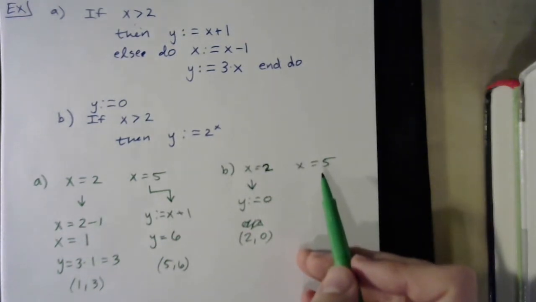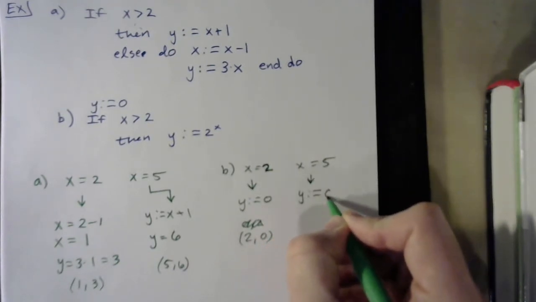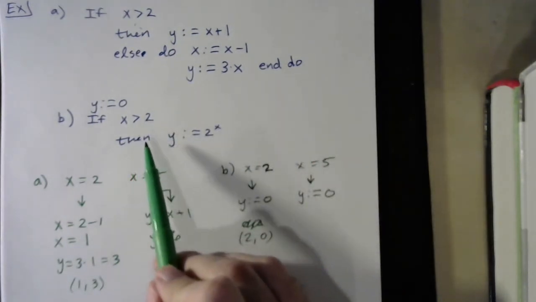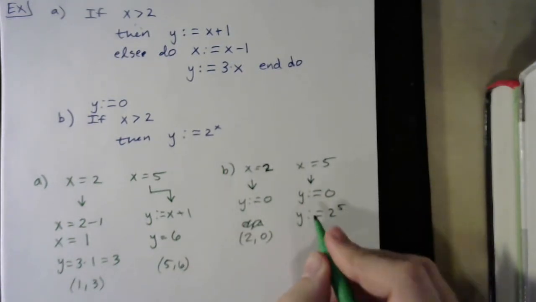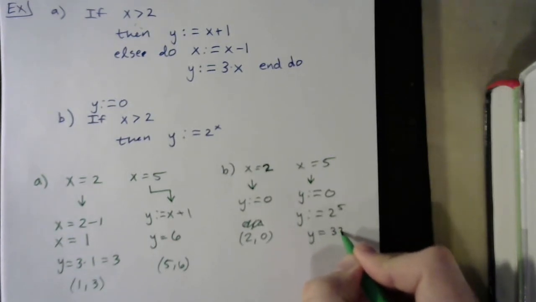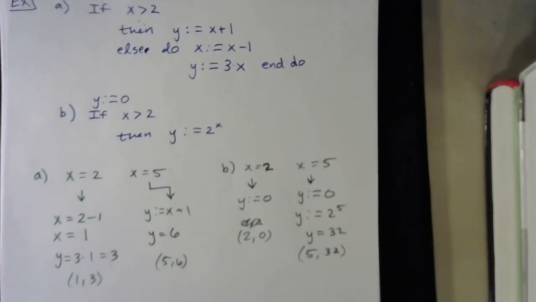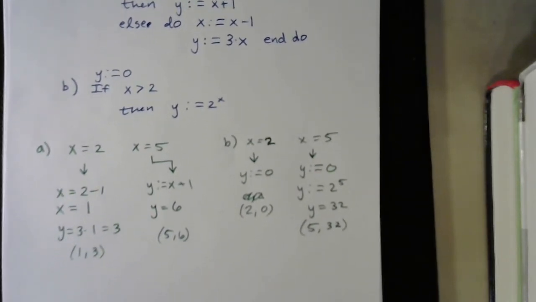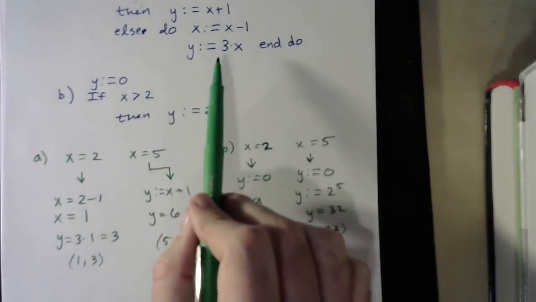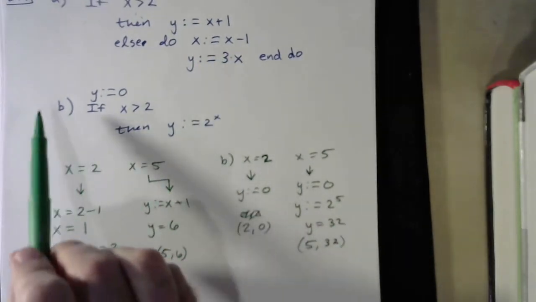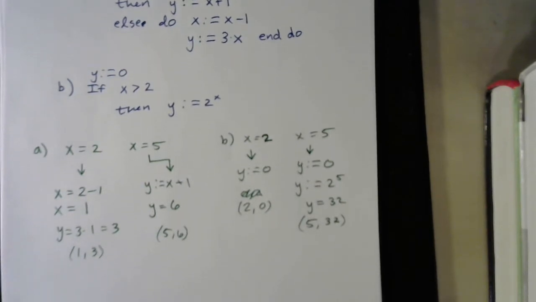When x equals 5, we are greater than 2, so y is still defined as 0. And then our conditional kicks in, and now we redefine y as 2 to the 5th. And so y equals 32. So you can think of 5, 32 as our ordered pair out of this scenario. Now I'm not saying the outputs are these ordered pairs, just to be clear. The output of each of these at the end is a y. Now this one here will give us a new x, but this conditional doesn't tell us anything about x. So again, I'm not saying that the outputs are the ordered pairs, but you can just kind of compare what